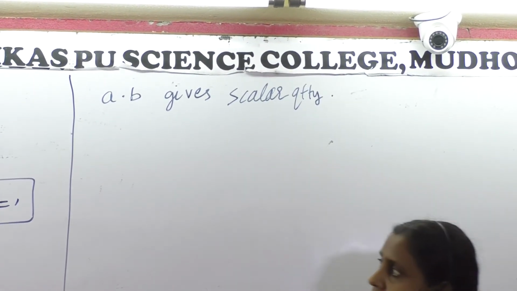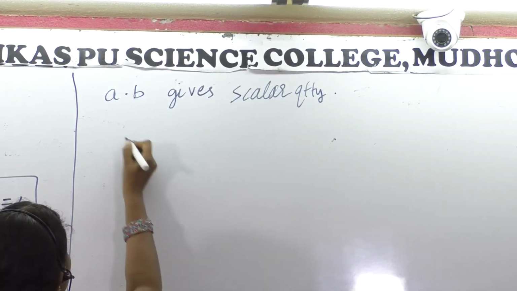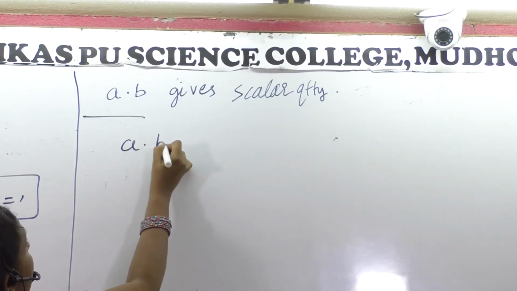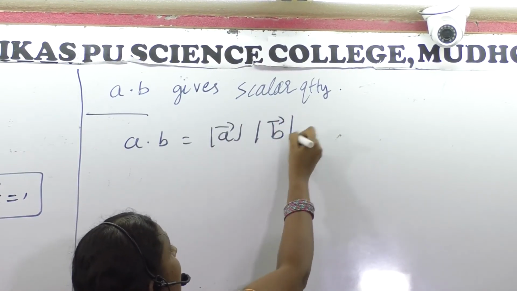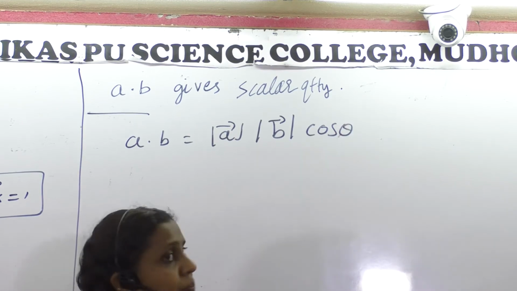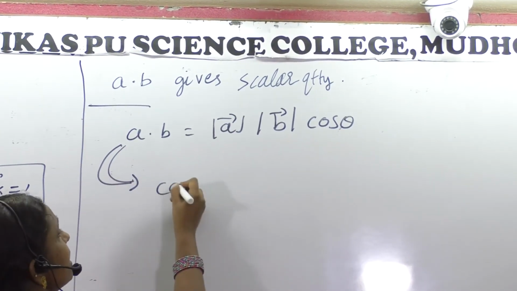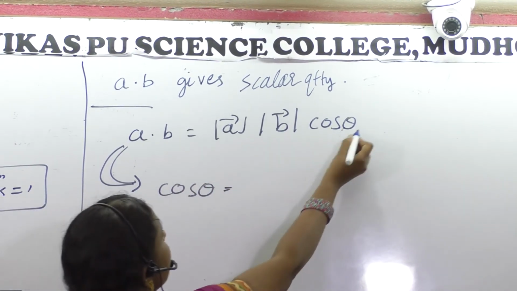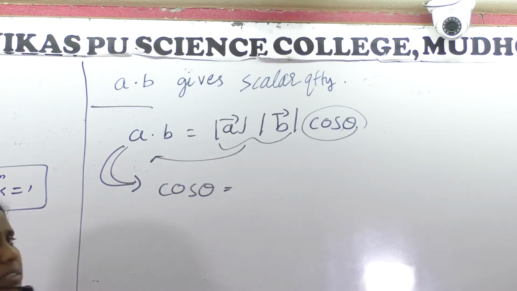Okay. So from the basic formula of a dot product, what was that? A dot B is equal to magnitude A, magnitude B, cos theta. Am I right? So from this theorem only, what can you say cos theta is equal to? Let this be as it is here only. These two we will take at the LHS.